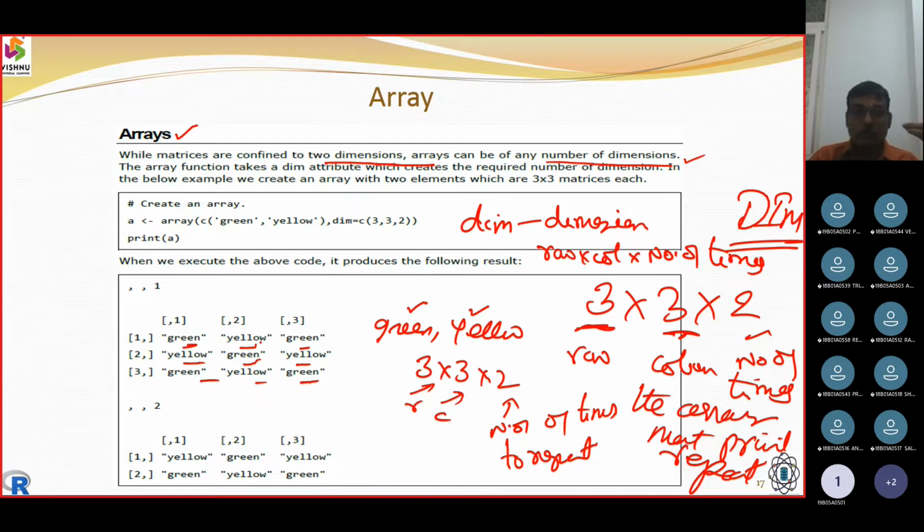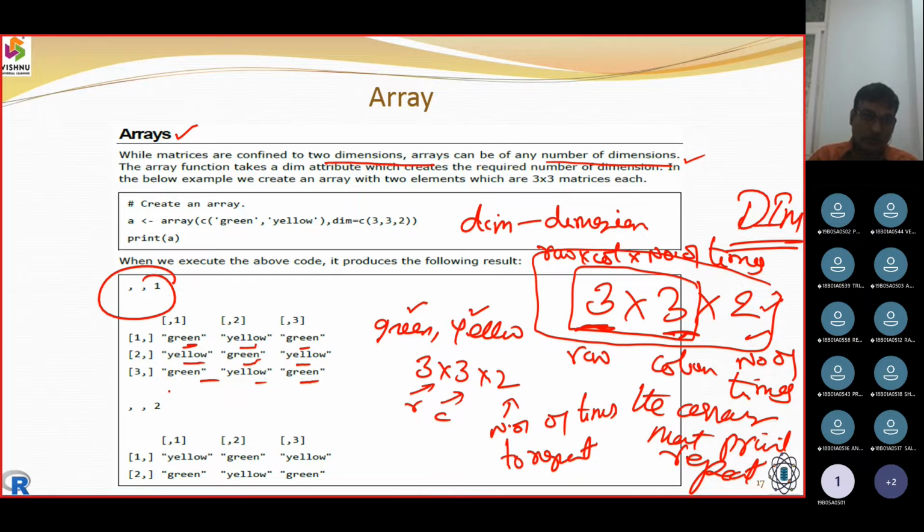So it keeps on repeating the existing items one after the other in a circular manner until its target is finished. What was its target? It should first build up the 3 by 3 matrix. The second target was that it has to print it the number of times given, which was 2. So this is first version 1, this is second version 2.